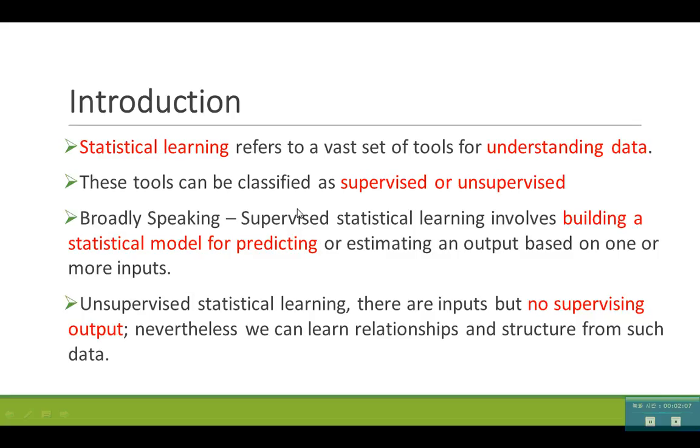So statistical learning is not an old term, because when you see in history, after the 1980s and 1990s, they have published so many papers related to this. It helps us to understand the data where we use supervised and unsupervised learning. That means we use statistical modeling for prediction, which I will explain later.